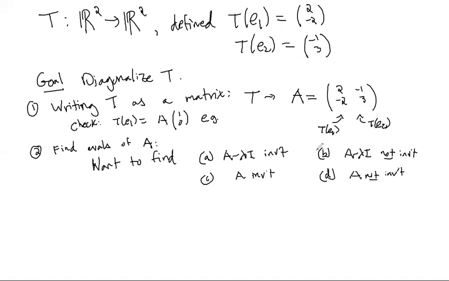So we want A minus lambda I not to be invertible, because if A minus lambda I is not invertible, then there's some vector in its null space, and that's the eigenvector. So we're looking for scalars lambda such that A minus lambda I is not invertible, which is equivalently,